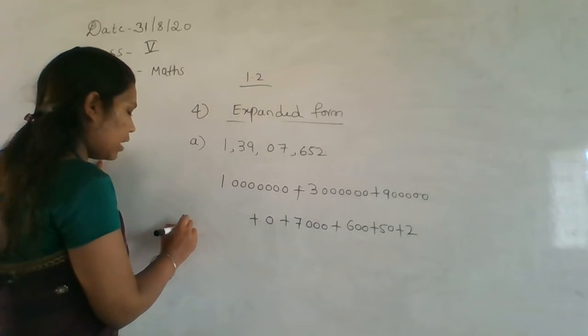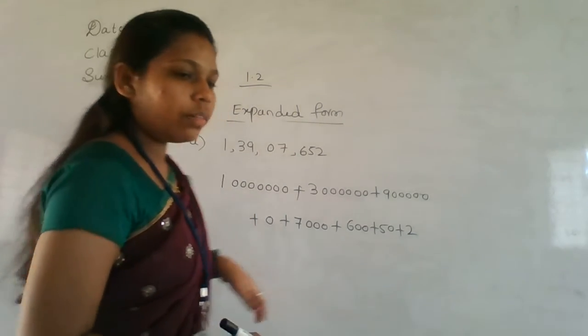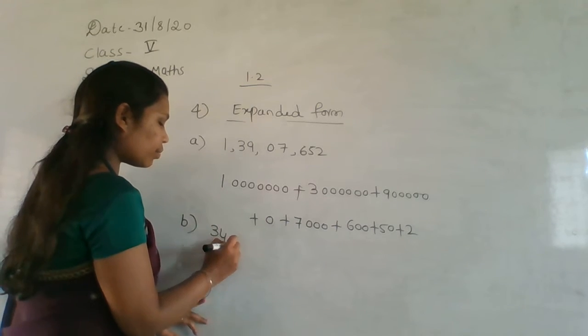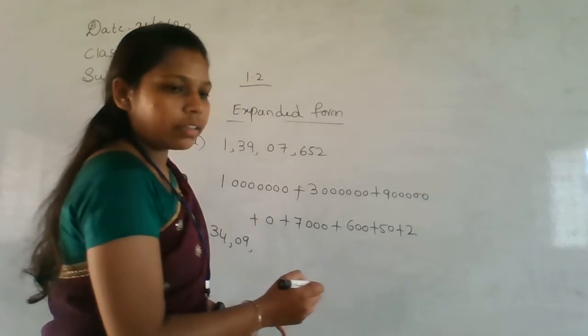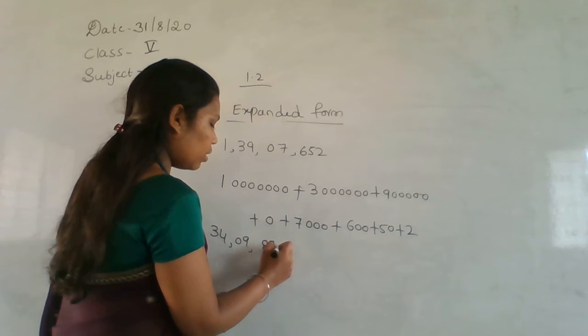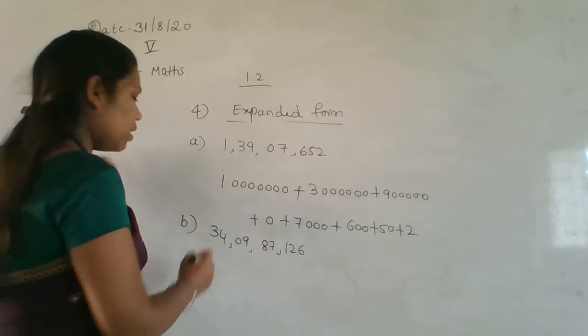Okay. One more I will do, so you come to know that. The number is 34 crore 9 lakh 87,126. Okay. So here,